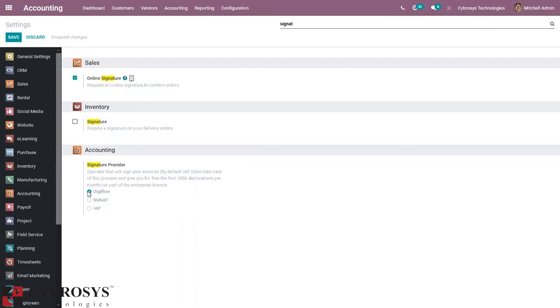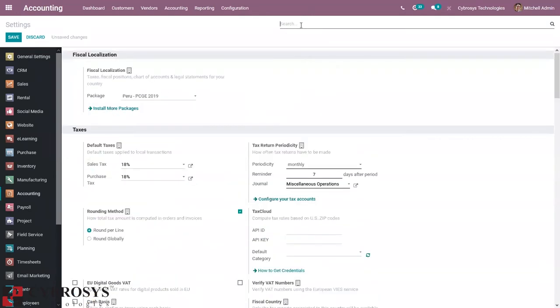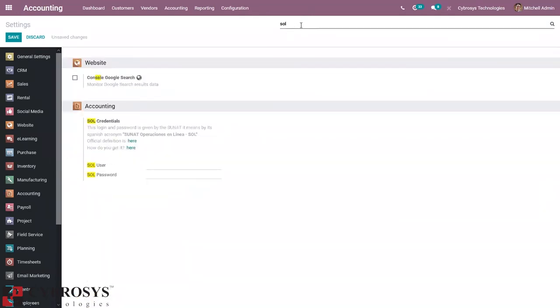Okay, so you can find the first option, DigiFlow. And here we can see when you search for SOL, you can set the SOL credentials, that is login and password.